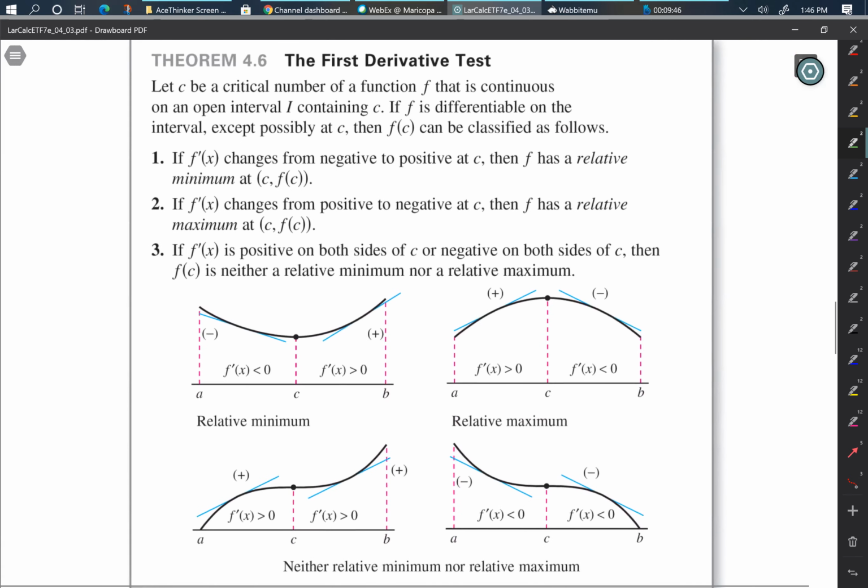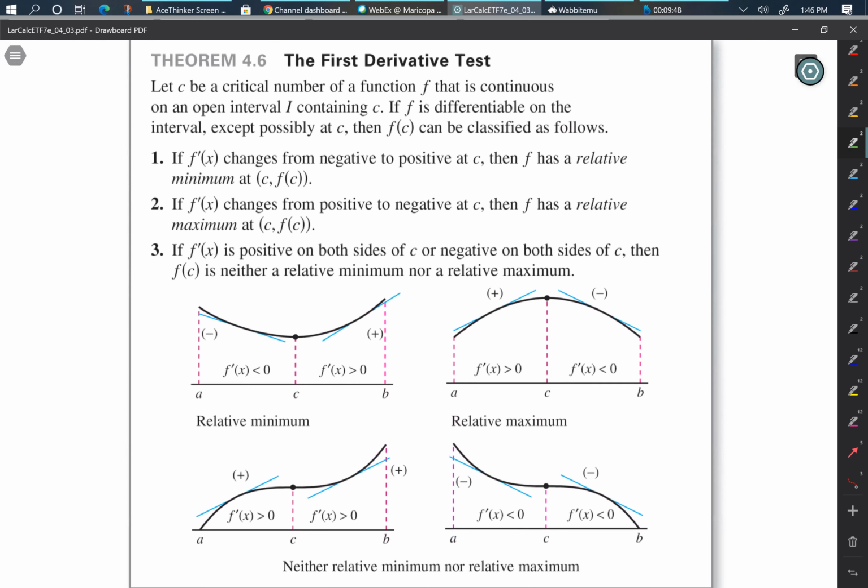The first derivative test said, let c be a critical number of a function f. That means that the derivative is equal to 0 or the derivative doesn't exist. And that f is continuous on the interval that contains that critical number. If f is differentiable on that interval, except possibly at c, then f of c can be classified as one of the following. If the derivative changes from negative to positive,